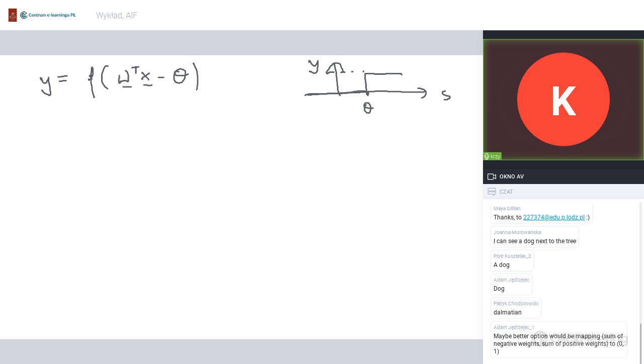The constraints on an activation function are very mild. What we need is a squeezing function. That's the first requirement. The function should squeeze a range of real numbers, because state is a real number, into a finite interval from 0 to 1, for example. The second requirement is that it should be monotonous.